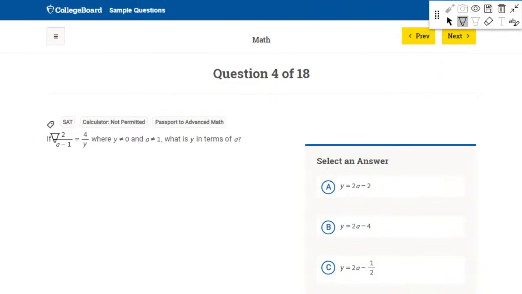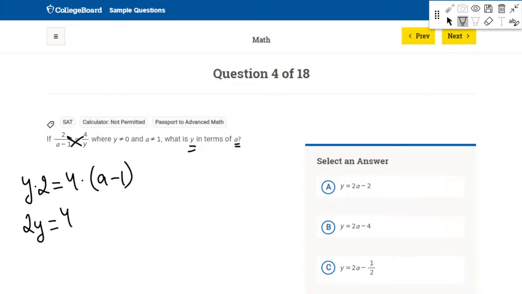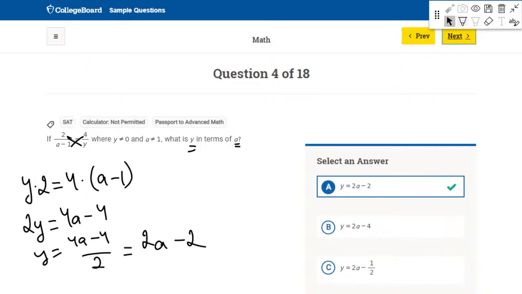So here, we are given this equation, and we just need to find what is y in terms of a. We just cross multiply, this multiplied by this. So y multiplied by 2 equals 4 multiplied by a minus 1. So 2y equals 4a minus 4. y equals 4a minus 4 divided by 2, so it equals 2a minus 2. What is the answer here? It's A. Next,